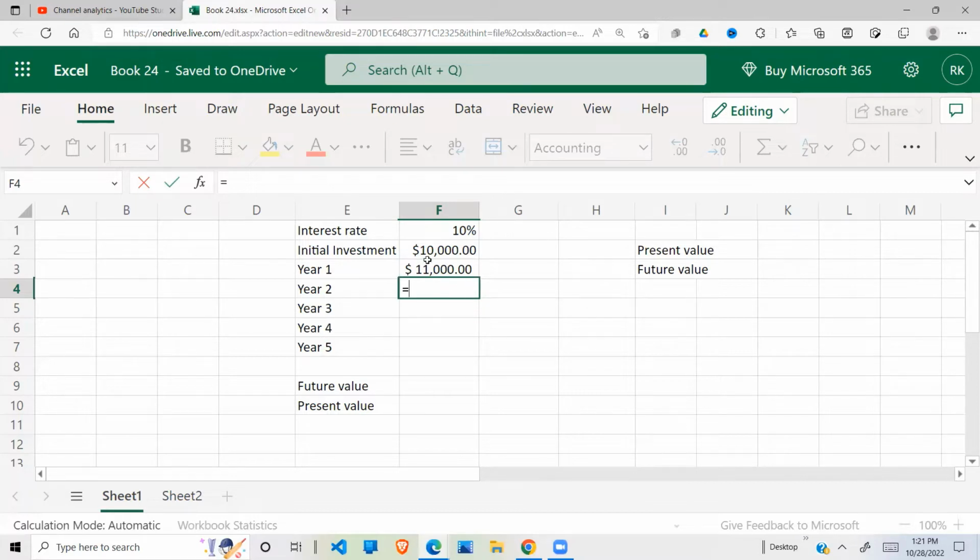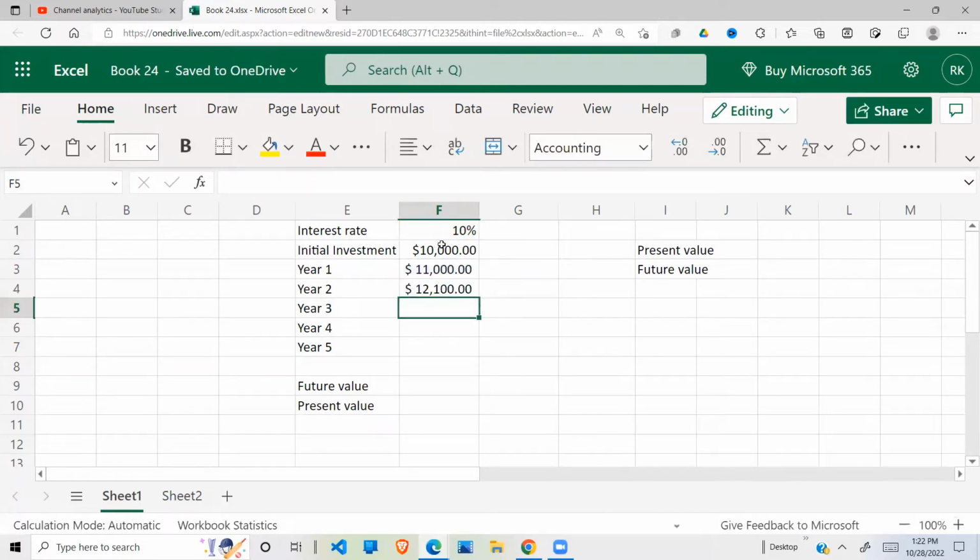So I'm going to base my value on this. Again, this one times open bracket 1 plus the percentage rate, which I lock there, I close my brackets, say okay. So you'll observe that the 1,000 I earned here has also earned me more interest. In other words, my interest is compounding. So at the end of 2 years, an investment of 10,000 comes to 12,100. So I repeat the same by copying all these down, and I finally get